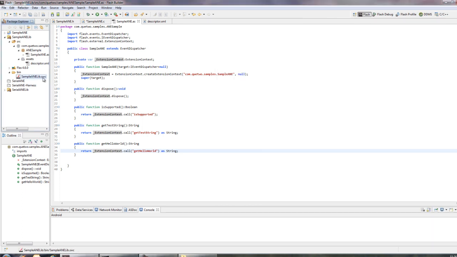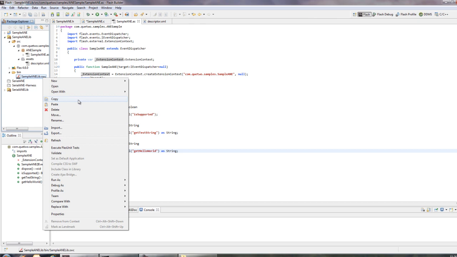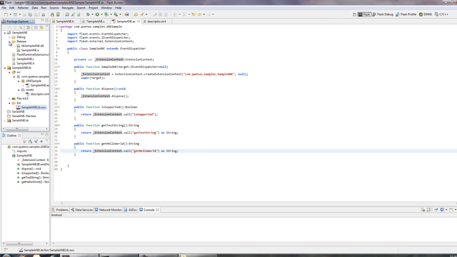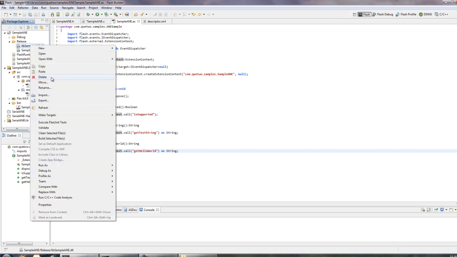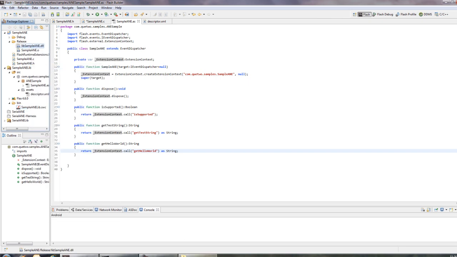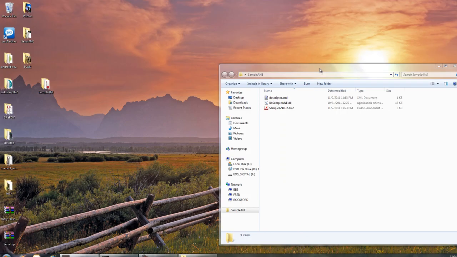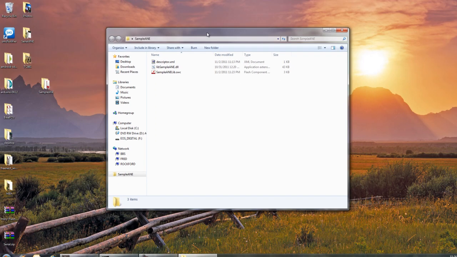I'm going to copy that SWC file. Again, right-click, go to copy, and paste it in here. And then I'm going to copy the DLL file. So the DLL, again, was in my C application, or my C project. Make sure you grab the release one. So now I've got 3 different files, and these are pretty much the 3 files that I need in order to create my A&E. Now, one of the requirements of compiling your A&E file is you need to get what's known as the